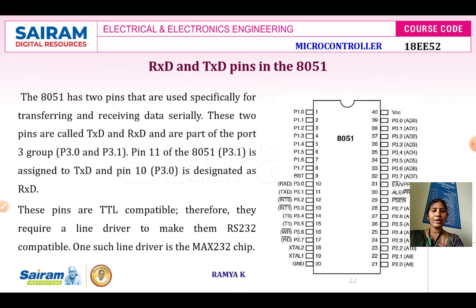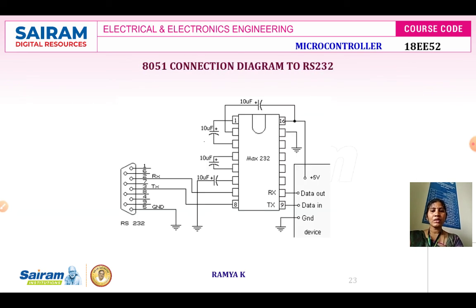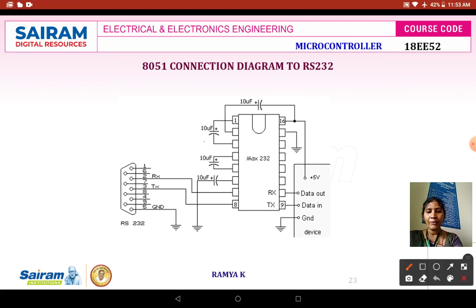All these things I have explained over here. This is the connection being shown. You can see the first pin is left open because it is your data terminal ready. The second pin is your receiving data, and the third is your transmitting data. The receiving data line and the transmitting data line have to be connected to the MAX232 logic to make the RS-232 logic compatible with the 8051 TTL logic. This is the physical connection that has been shown.